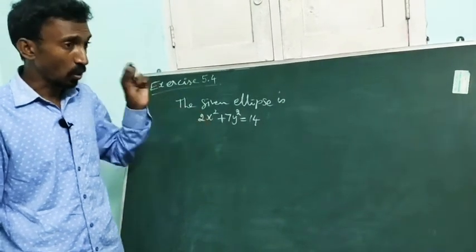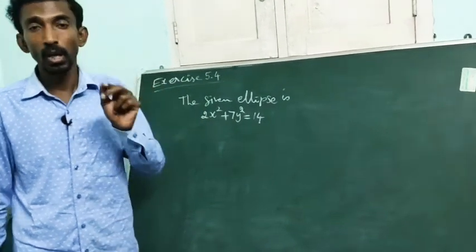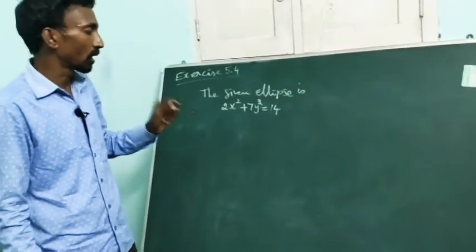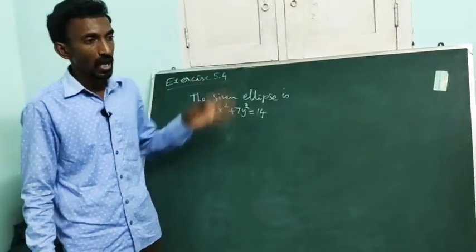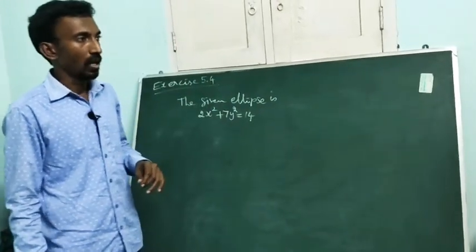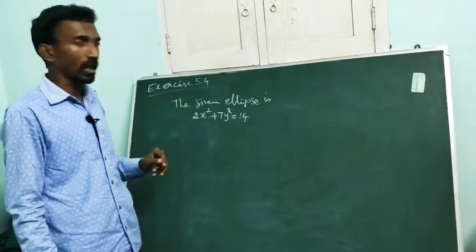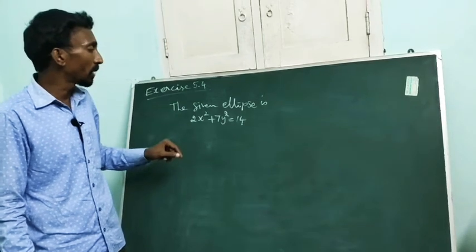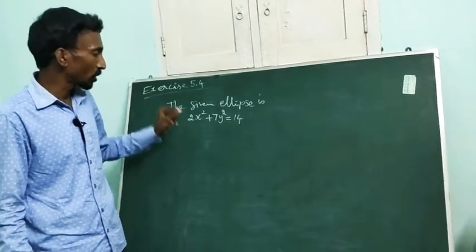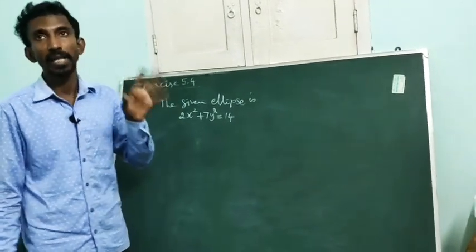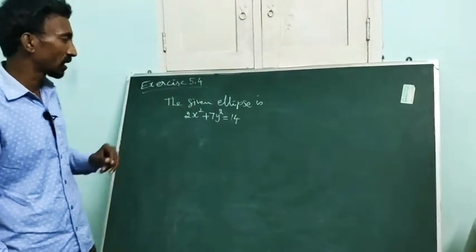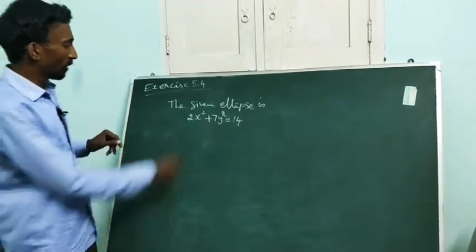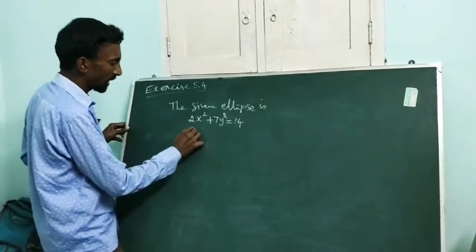But here look at the question very carefully. Equations of tangents, so plural. So we need to use the condition of tangency. What is it for ellipse? C square equal to a square m square plus b square. Use that formula. Singular means tangent, use replacement method. Tangents means use condition of tangency. Are you clear?